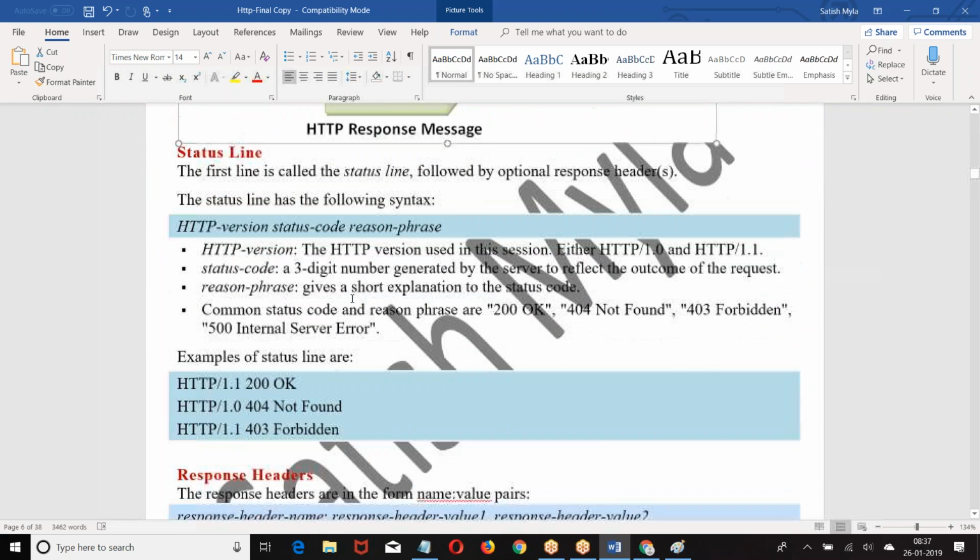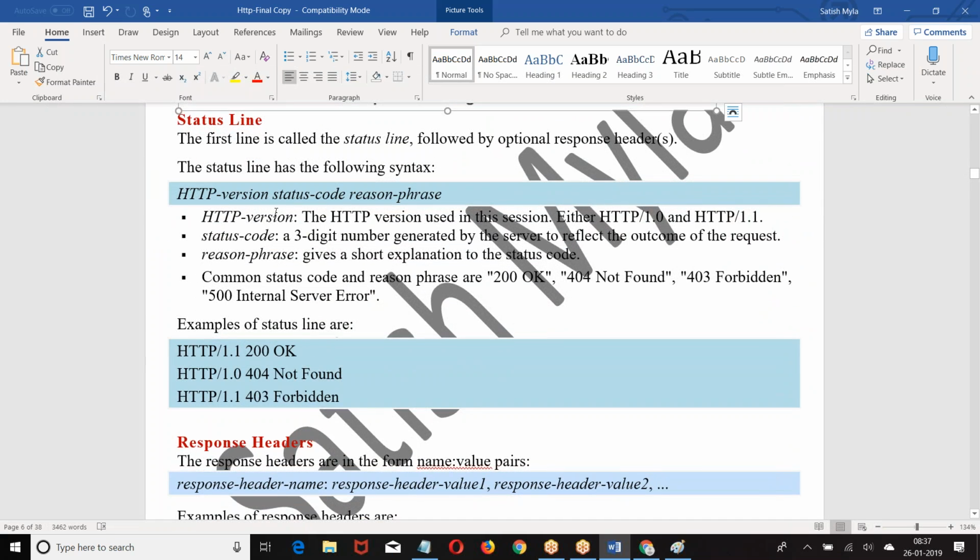Now, how is the status line defined? The status line is going to specify the version of HTTP and the status code. Your status code is generally going to be 1xx, 2xx, 3xx, 4xx, 5xx. Anything that starts with 1, like 101, 102, 103, means the request is received and still processing.